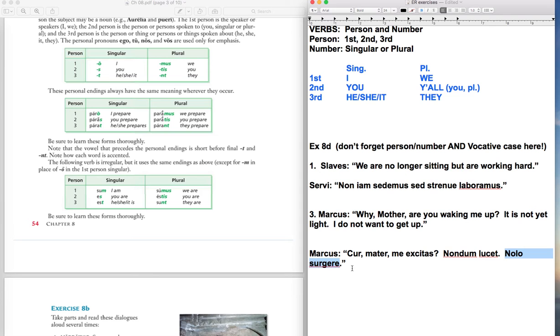Okay, that's all I'm giving you for exercise 8D. You're on your own. Boo-hoo. You have 3 whole sentences to do by yourself, and you should have had to do the other exercises too. It really would have helped better, but this is what we have from VHS. So good luck, and you may need to contact me for this chapter. I'm not sure, or later on when you've forgotten persons and numbers because you didn't have enough practice with it. Then I'm guessing I'm going to be hearing about it, but who knows? Maybe not. Now that you've been warned about it, maybe it'll be okay. All right, take care.